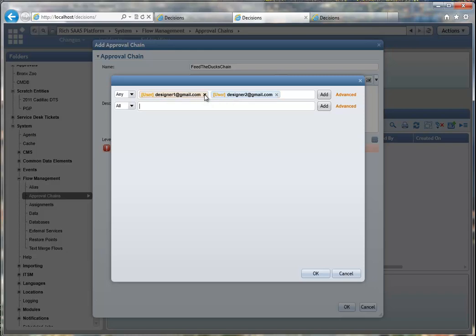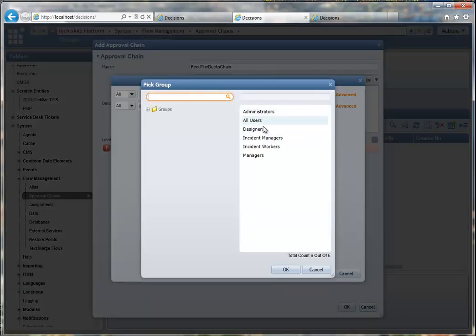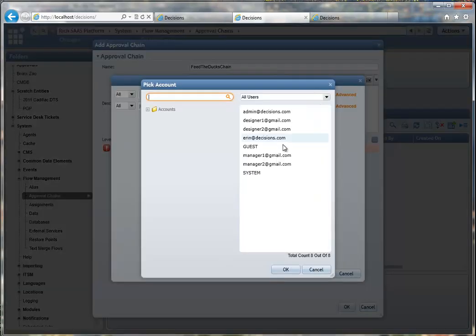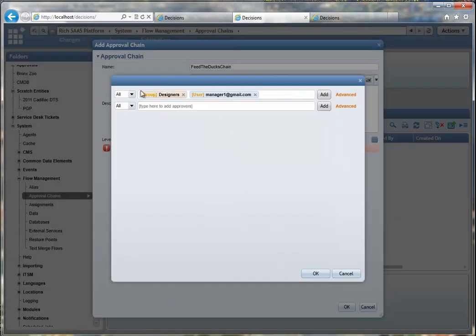This gets a little more complicated when we're working with groups. The all designation doesn't apply internally to groups. So what that means is that if I add designers and I add manager 1, this doesn't mean that all members of the designers group and manager 1 must approve it before it can go to the next level. What it means is that at least one person from the designers group and at least manager 1 both must